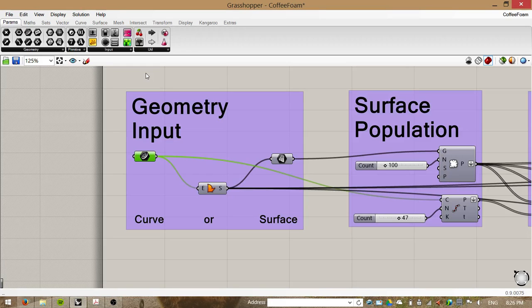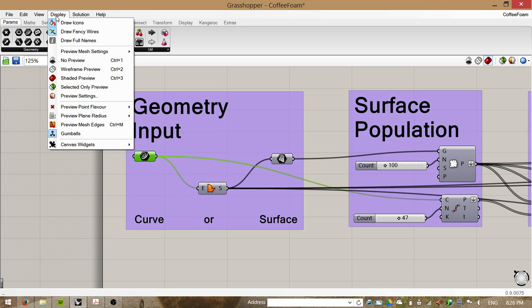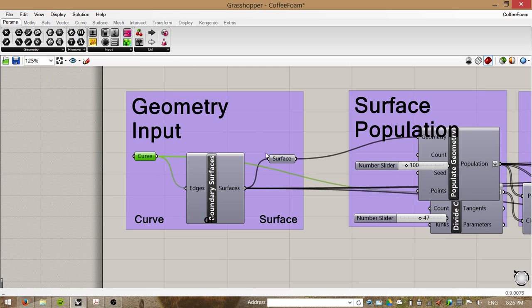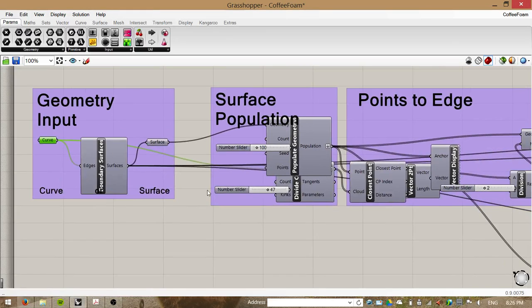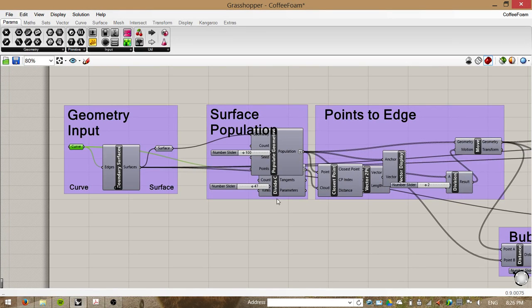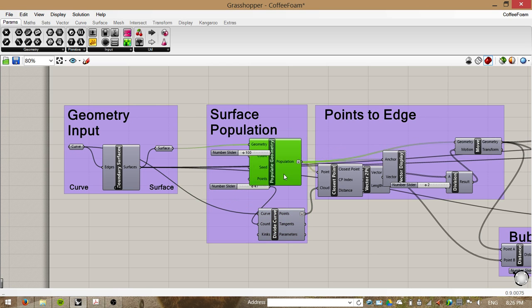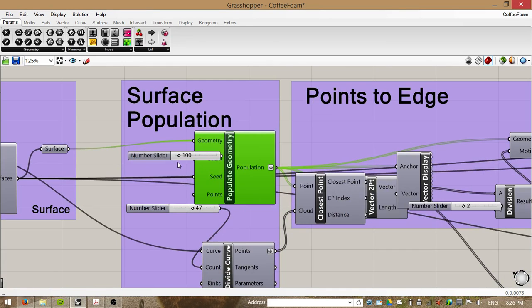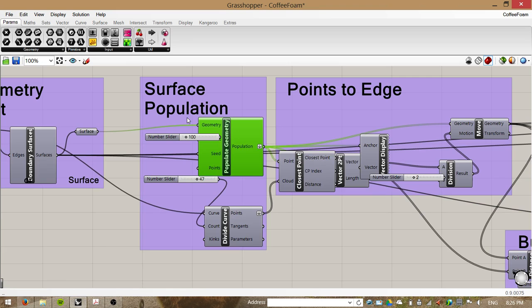I suppose for the tutorial's sake we can show the full names and turn the icons off so you guys can see what's happening. Now all my pretty organization is gone. Okay, so moving forward, as I have labeled here, what we're trying to do is populate that surface that we just created. So to do that,